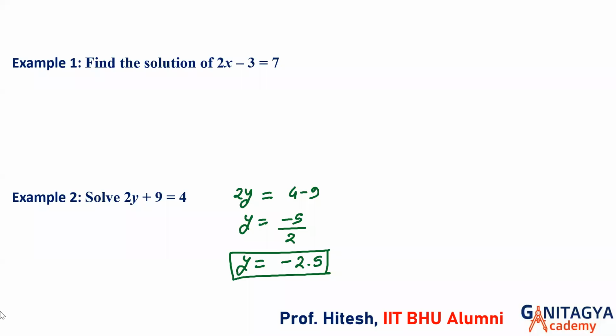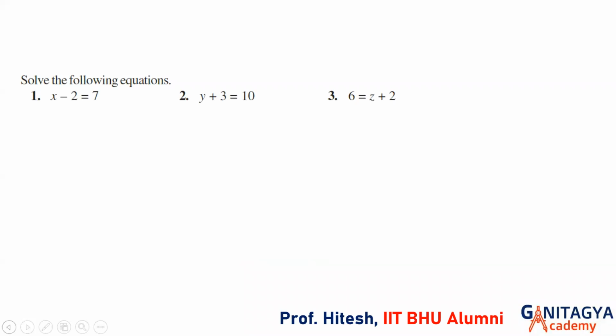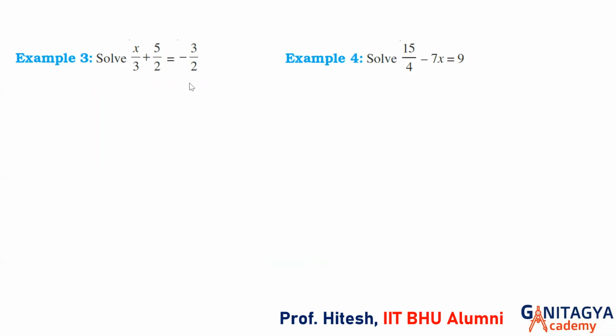So the next question. Please solve these questions. The first one is x by 3 plus 5 by 2 is equal to minus 3 by 2. So I can write x upon 3 is equal to minus 3 by 2 minus 5 by 2. So x upon 3 is equal to, taking 2 common, minus 3 minus 5,